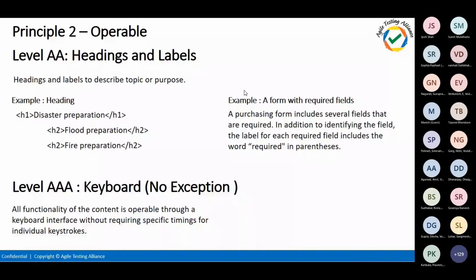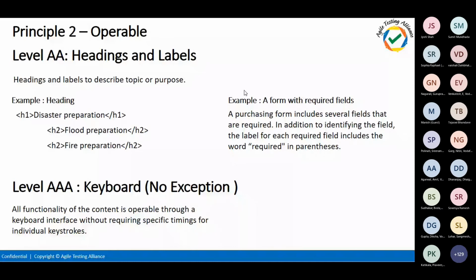And one more thing which we also look into is all the forms. All the input fields should be marked as required. The word required should be used over there and not asterisks, because asterisks will not be read out by multiple screen reading tools. So they should mention it as required in the placeholder, or somewhere next to the label, in a font below the input box. So these are all things which we can again test for.